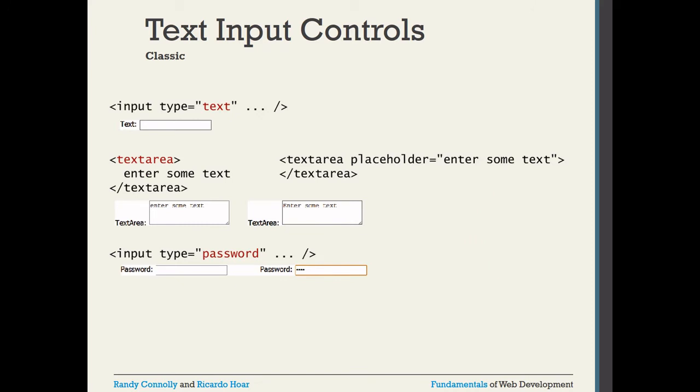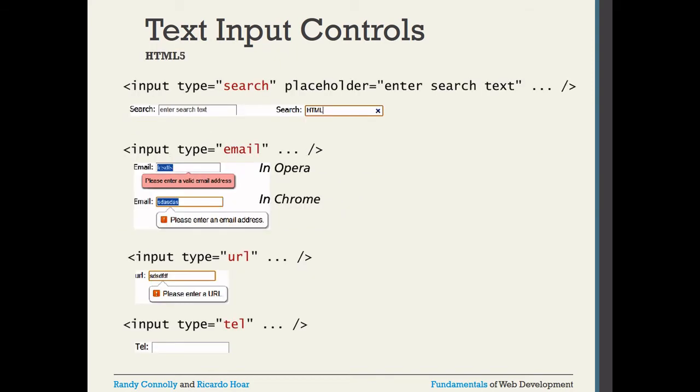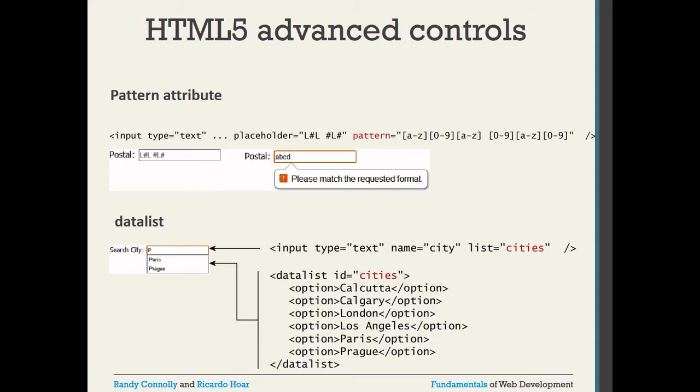See here one example: input type equal to text. The text box is coming now, then the textarea with multiple lines, and the password, where in the last box you can see the dot symbol is available. Then the search button, email and other things; you can see the same things on the screen. And one more thing: some of these HTML5 features are supported only by the latest browsers, not by old browsers.